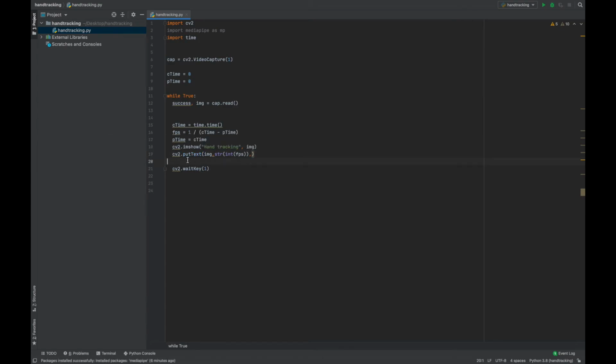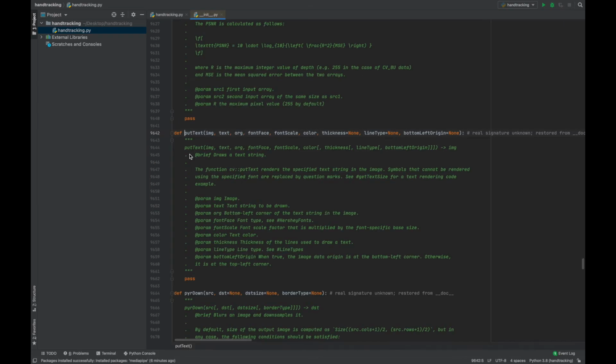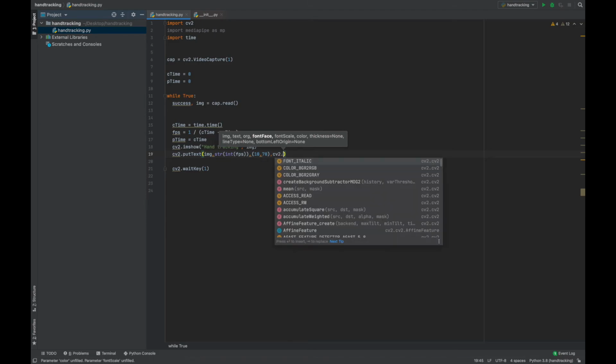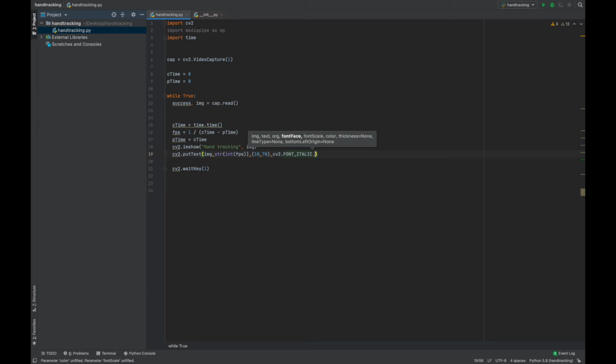The next argument would be, if you have any problem, you don't need to remember the arguments, you can always press command and click on putText, and you can see what you need to actually pass. It's asking for the origin, so you can tell where you want to place it. I want to place it around 10,70, x comma y coordinates basically. Then it asks me for the font face. Any font face would do for me. In fact, you can just search for fonts, and whatever pops up you can just take that. So font italic would do for me, and the font scale can be around 3. The color can be something around purple, maybe